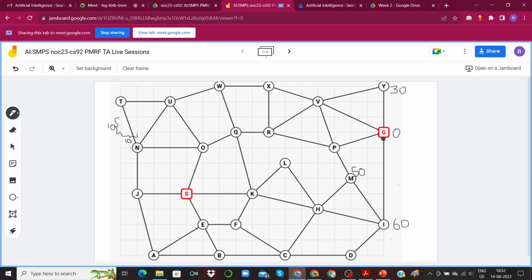So we use that formula and find the Euclidean distance, which is also a valid approach. But in this question, since we are asked to use the Manhattan distance as the basis for our heuristic value calculation, we are going to use that.